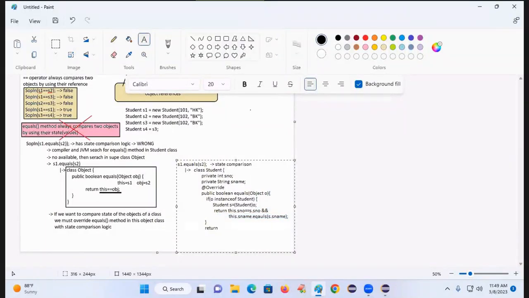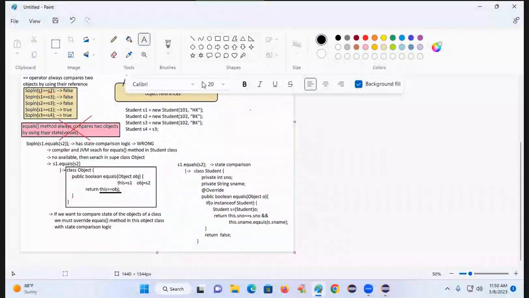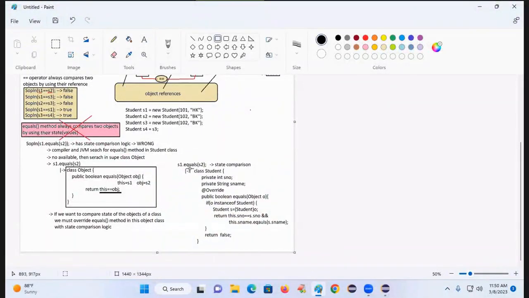Equals method. Now, if the object is not student type, will control go into if block? No. Control comes after the if block. What I should return? False. This is the equals method implementation we have to write as part of student class for comparing